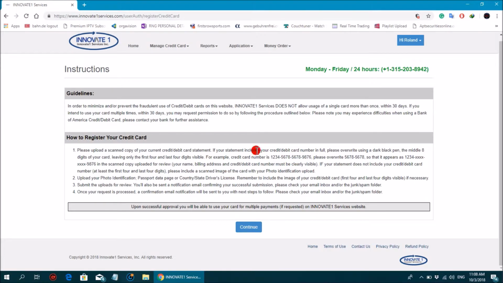Like my credit card number did not appear on my payslip, but if yours does appear, you have to find a way to edit the payslip and clean the first numbers, or the middle to the last numbers. Whichever you can clean, just clean it and leave only 4 digits. And also I already told you your passport, and that's all. So after reading here, you have to continue.